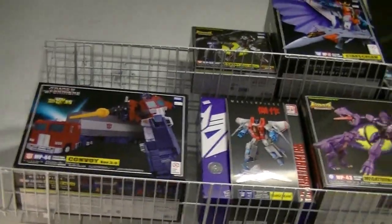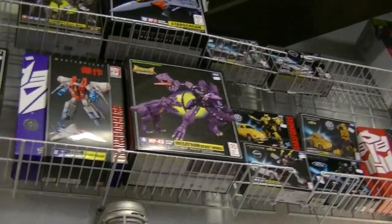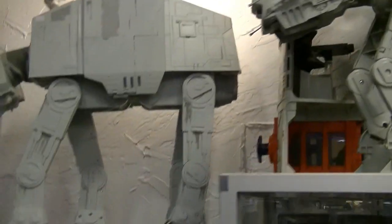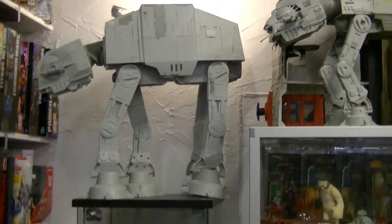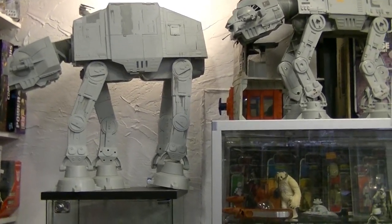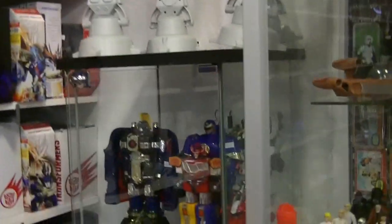Then you have some of the Masterpiece Transformers, which I was collecting for a while. Then they have two AT-AT walkers, but one seems bigger than the other, so I don't know if one's original. And oh, then you have